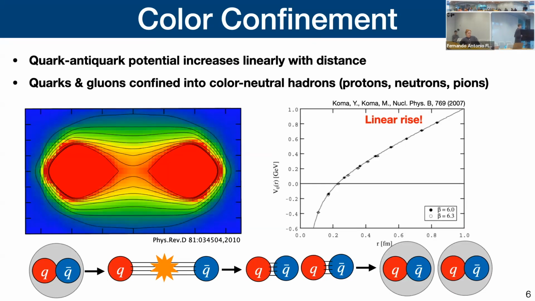One of the results of this non-perturbative region is so-called color confinement. If you think of two quarks that are interacting with each other, you can show, for example, in this plot here, the color field lines between the two quarks. They tend to form this type of tube between them. This is known as a color flux tube. If you increase the distance between the quarks, what happens is that this tube more or less elongates. And if you plot over here on the right-hand side, you can see there's a linear rise as you separate these quarks apart from each other.